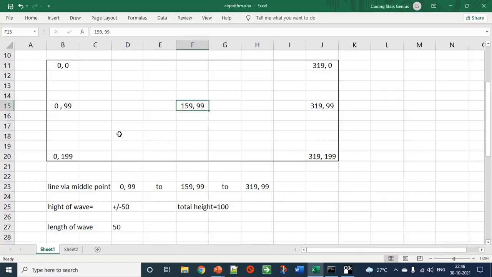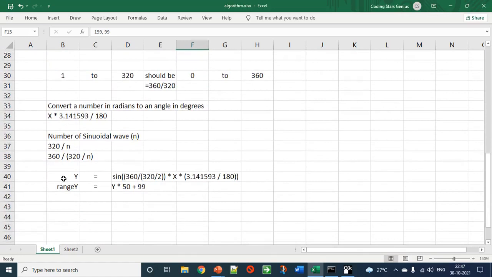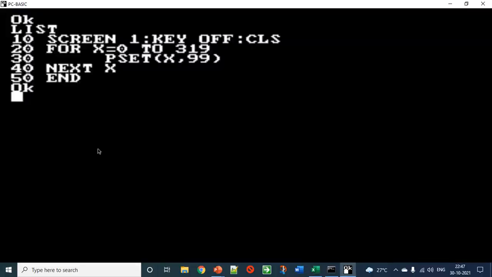So let's go back to our explanation. We were trying to get this y and range y, right? So let's put everything in a single formula itself. I will say my y, it has to be somewhere here, right?